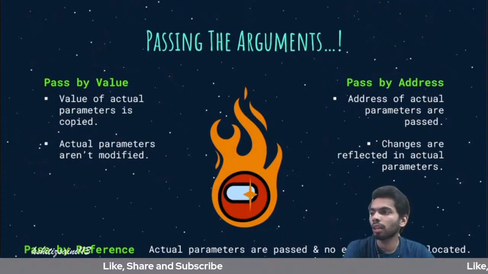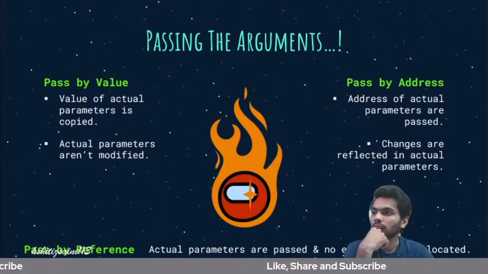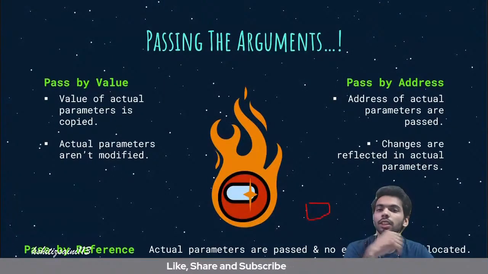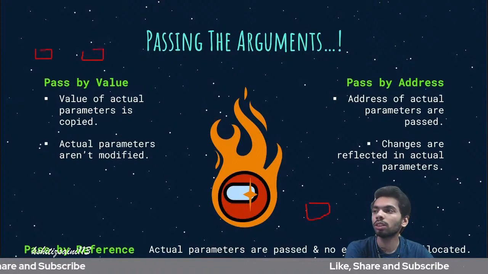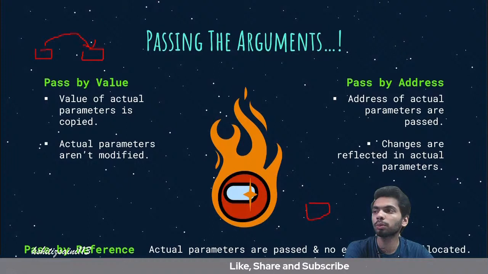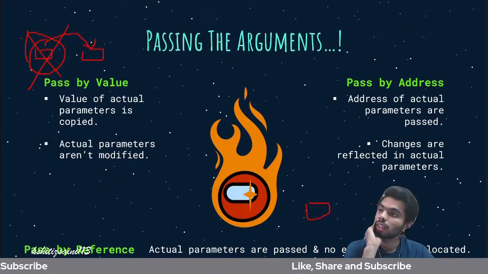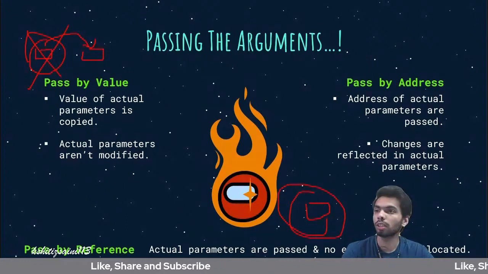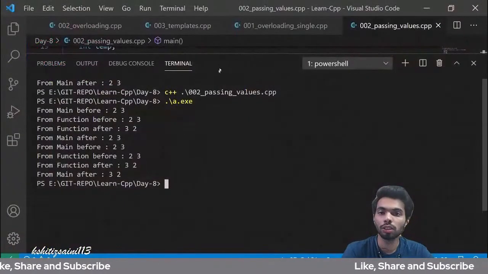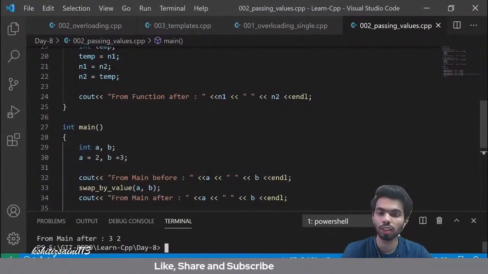अब पास बाय एड्रेस जब हमने किया, जब हमने पास बाय रेफरेंस किया, तो हमारा क्या हुआ कि ये डाटा था हमारा, ये एक अलग से वो था जब हम पास बाय वैल्यू कर रहे थे, सॉरी, तो इसकी एक कॉपी बन गई थी और ये कॉपी पे ऑपरेशन परफॉर्म हो रहा था, तो same value was not here, but when we did it by pass by reference, तो इसने इसी डाटा को पास किया। Let us see here, ये अभी जो डाटा पास हो रहा है हमारा, that is only this data, हम इसी डाटा को पास कर रहे हैं डायरेक्टली, हम कोई एक दूसरी चीज वो नहीं कर रहे हैं,